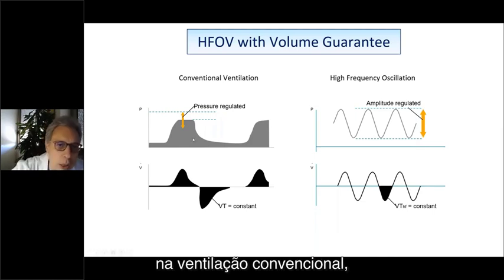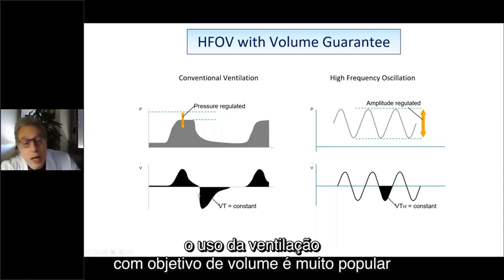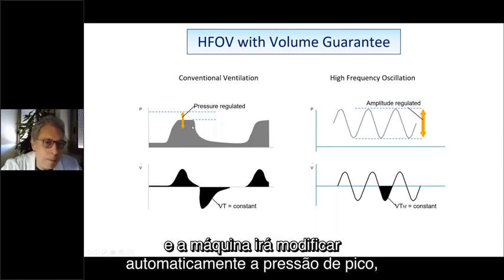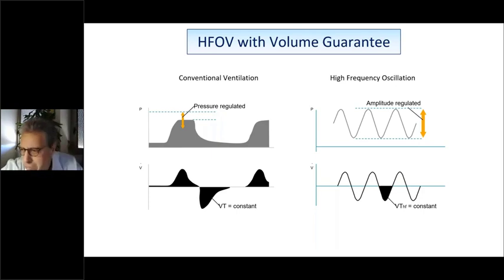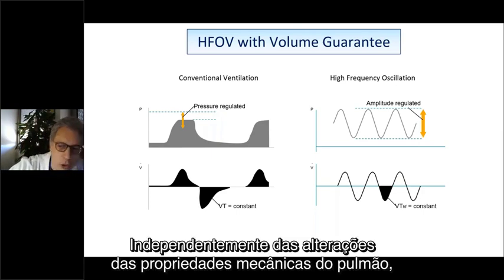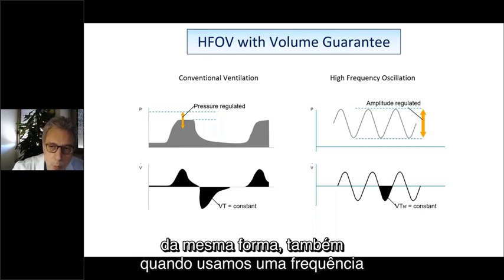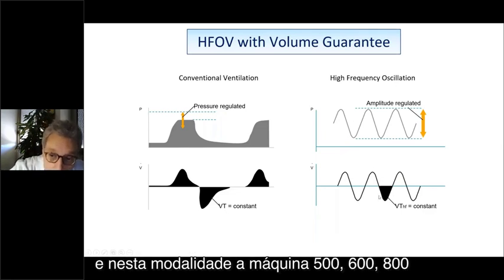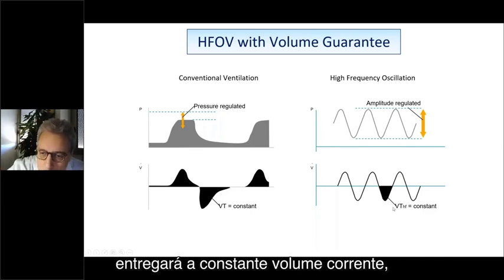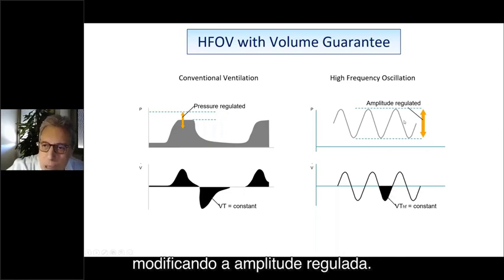In conventional ventilation, the use of volume target ventilation is very popular, and the machine will automatically modify the pressure, the peak pressure, to deliver the same tidal volume, also independently of the changes of the mechanical properties of the lung. In the same way, also when we use high frequency, it's very, very important to apply the volume guarantee modality. And in this modality, the machine, the WAN 500, 600, 800, will deliver the constant tidal volume by modifying the amplitude